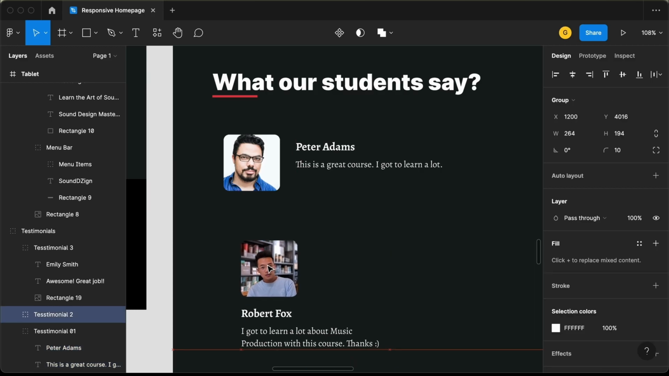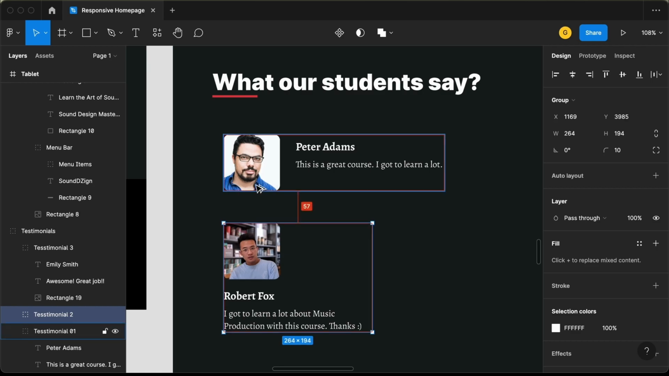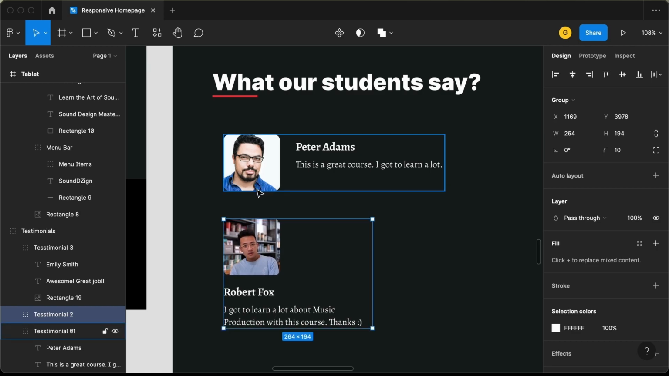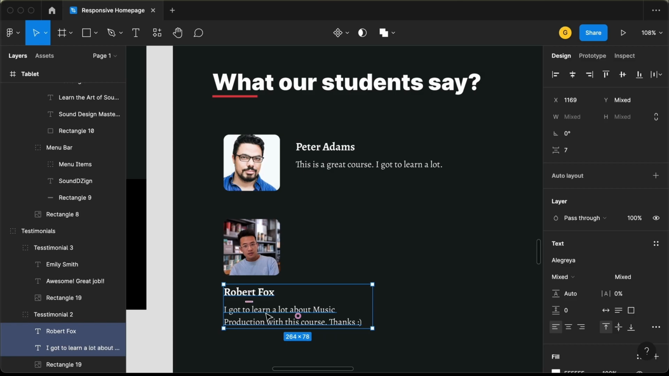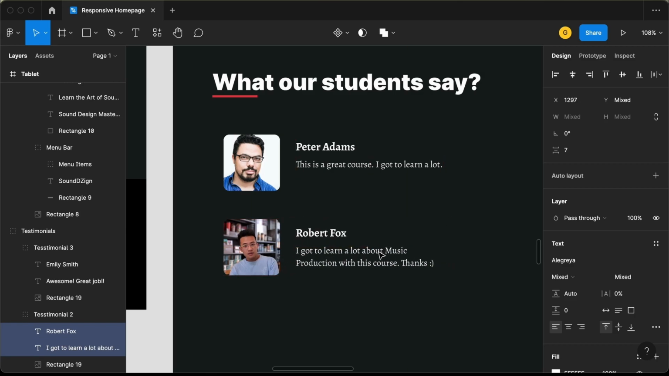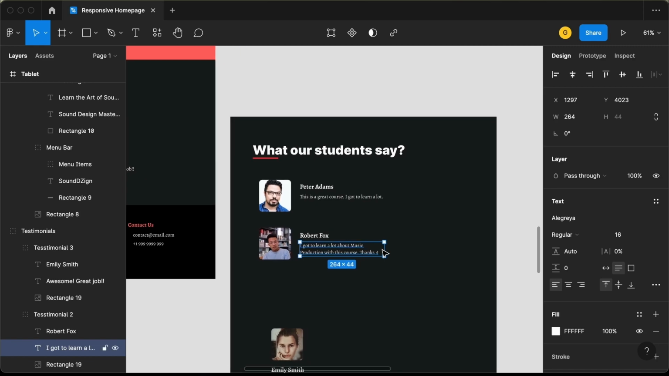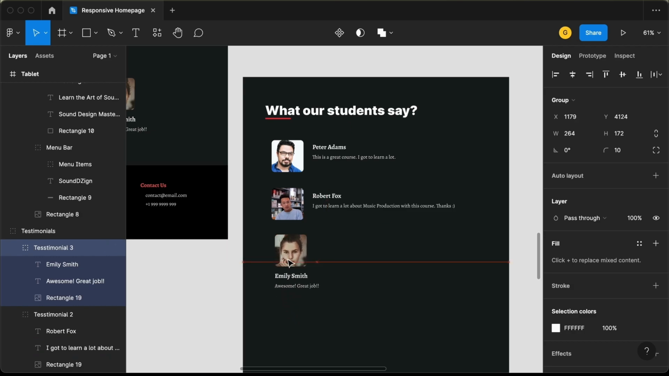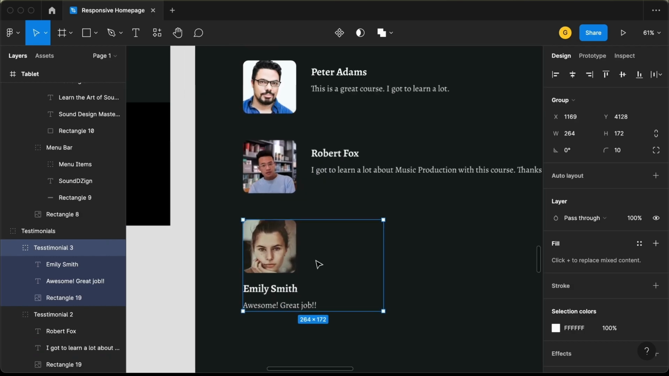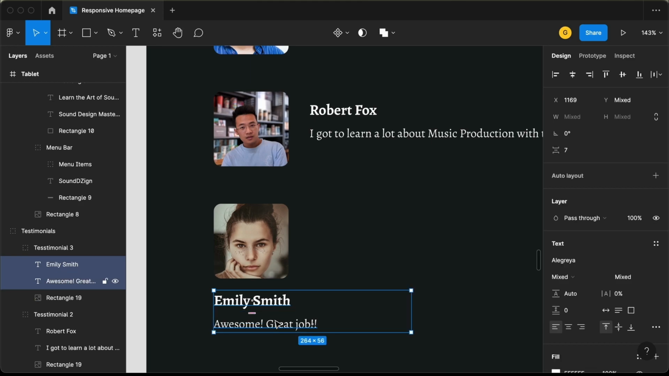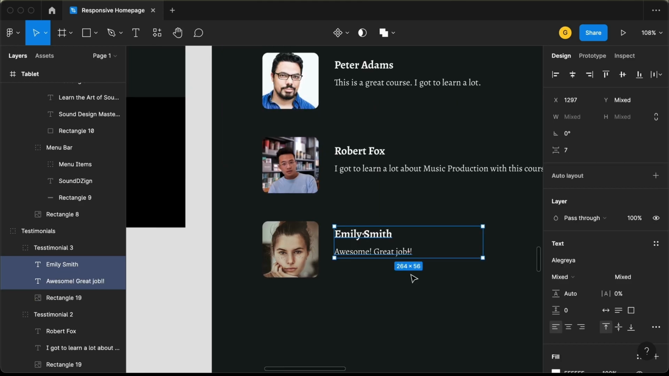Let's do the same for this testimonial, and we will leave a gap of 50 pixels, and let's bring this name and this testimonial to the right, and we'll also increase the width of this text a little bit, and from the right also we will have a gap of 90 pixels, and now let's do the same for this testimonial, and let's bring the name and this text over here to the right, and that's basically it with the testimonial